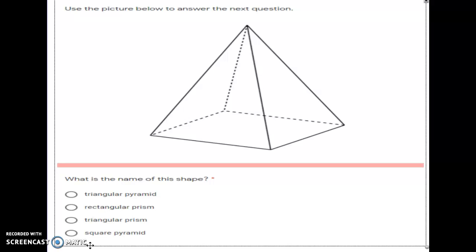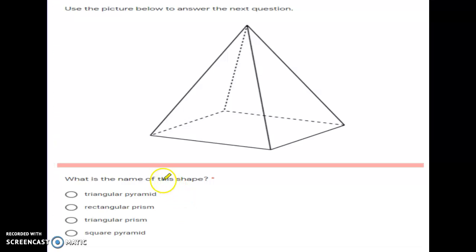I just want to touch base on yesterday's exit ticket on our Google form. There was this question that is showing up right here asking what is the name of this shape. And most of you noticed since we came up to an apex point right here that it is a pyramid like the Egyptian pyramids. It has triangles going up, but the way we name it is by the shape of